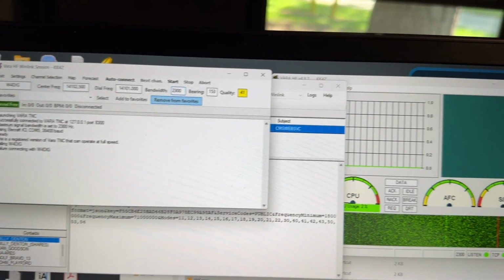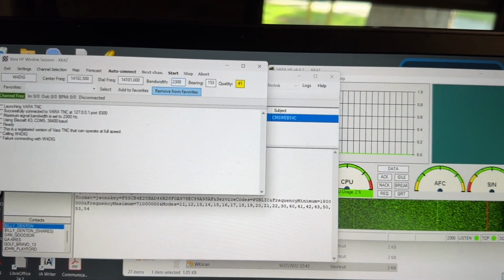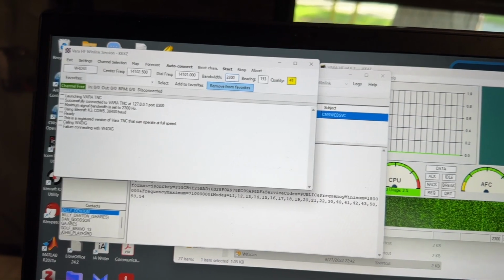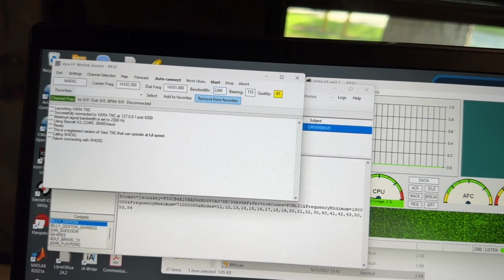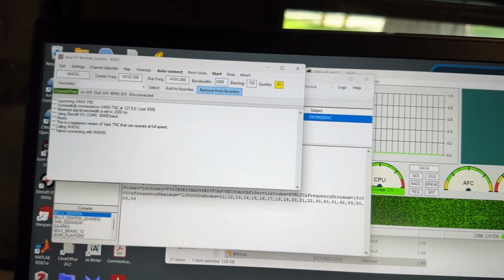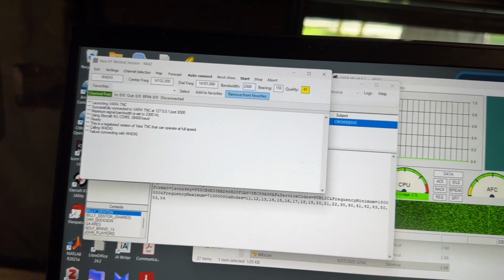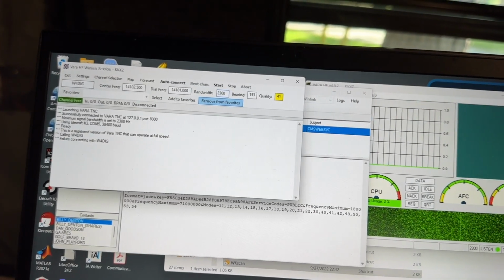I currently am checking through my different apps I use for digital communication. This is WinLink. I got into a station on 20 meters in Texas. Bands are not in very good condition, but I got over 200 words a minute with the connection, so that was actually pretty good. So now I know that my K3 works with my computer and works with WinLink,